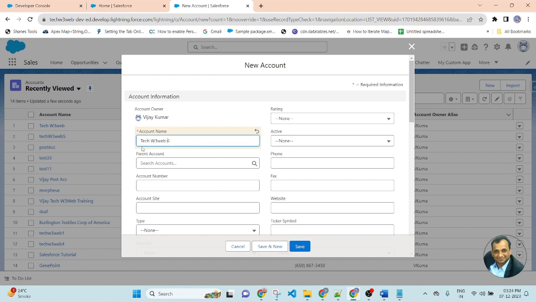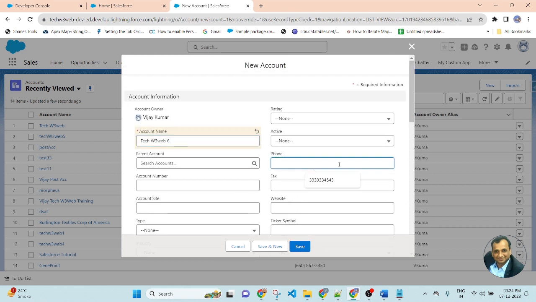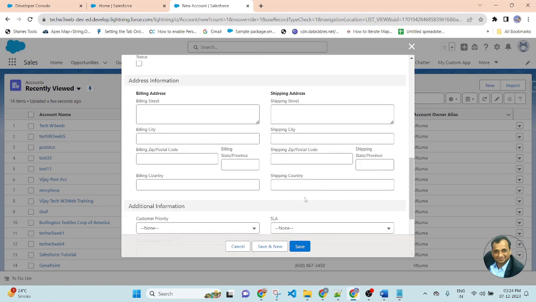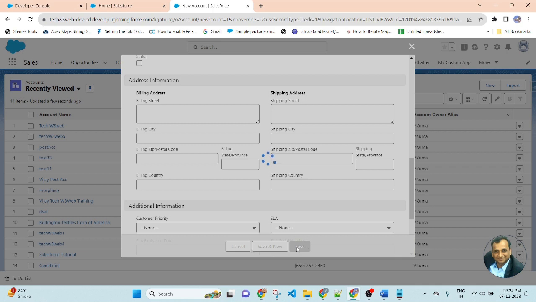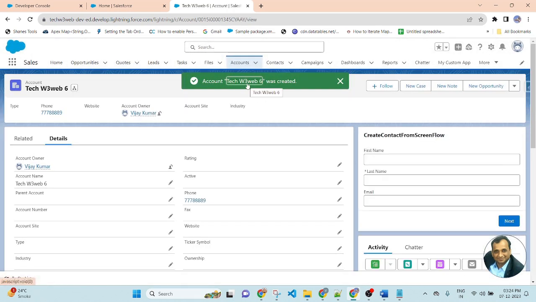Write the phone: 777. And now I am leaving all of the other fields blank. Now I am saving the record. One account record has been saved successfully.